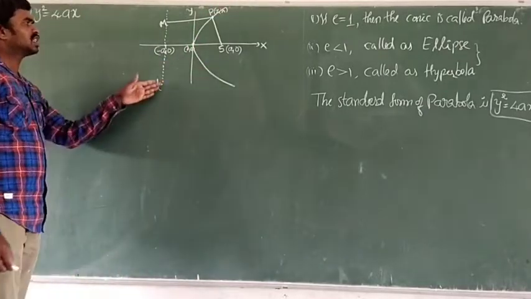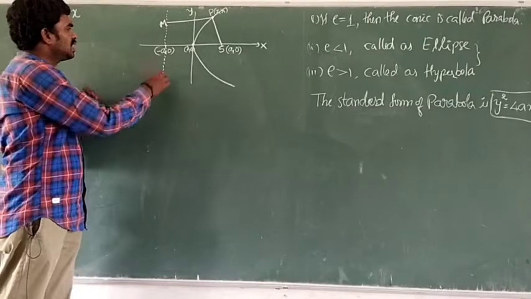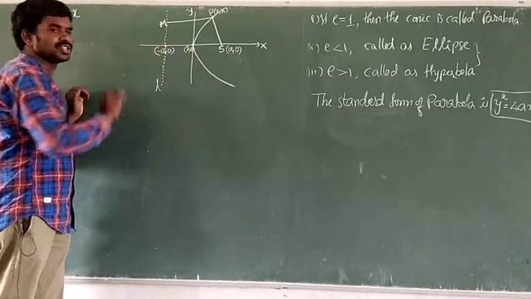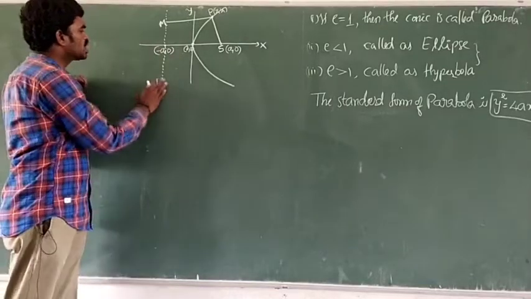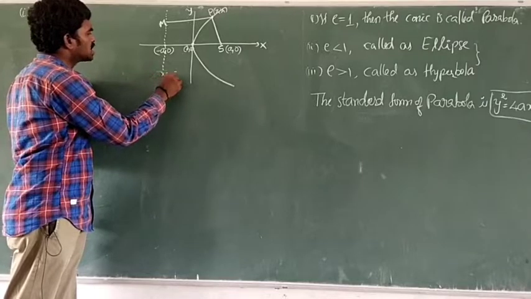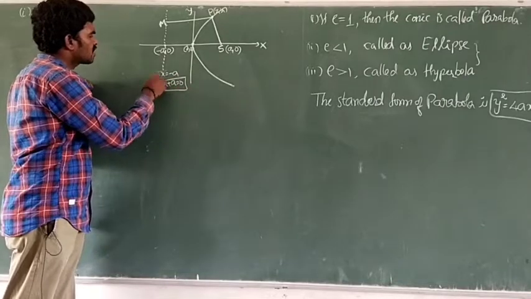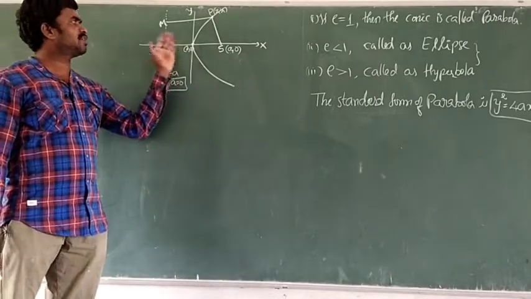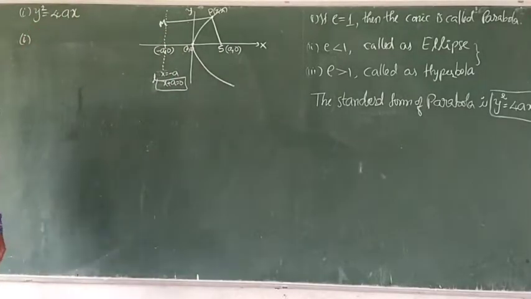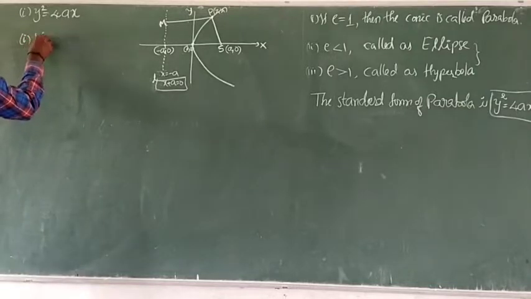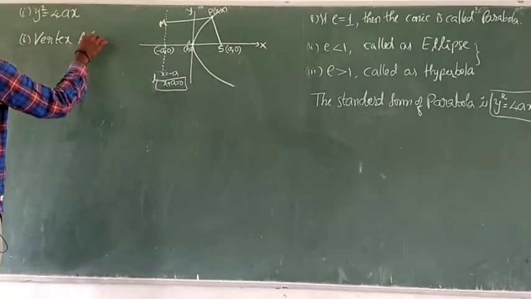Now this is the directrix line. Can you say what the directrix line is? The x coordinate is minus a, the y coordinate is 0. So here x is equal to minus a. Bringing minus a to the left side, x plus a equals 0. So this is called the equation of directrix. Each and every point, got it? So write one by one. First, for this parabola y square equal 4ax, what is the vertex? This is vertex capital A, so capital A is 0 comma 0.